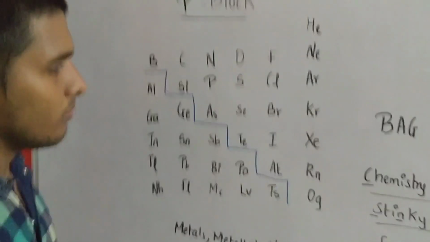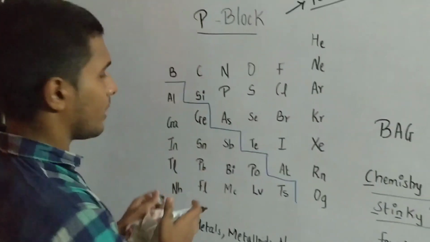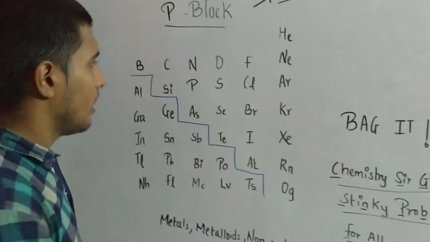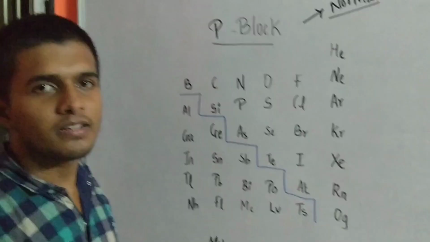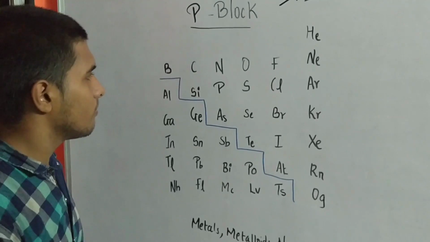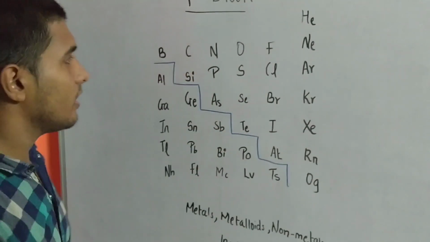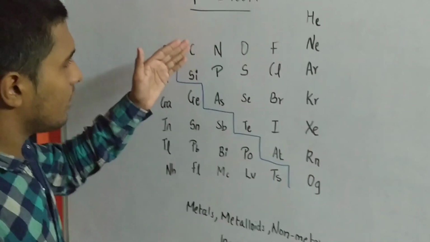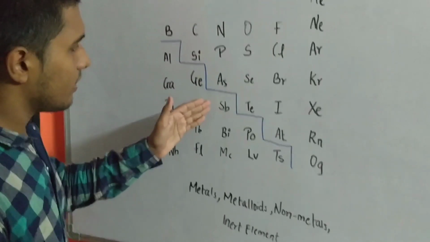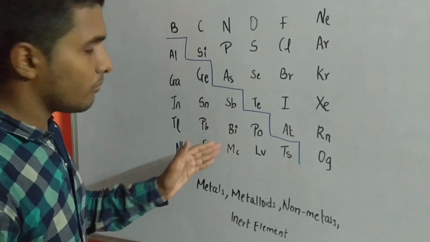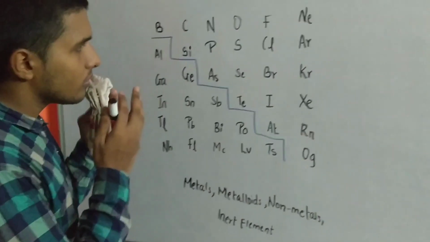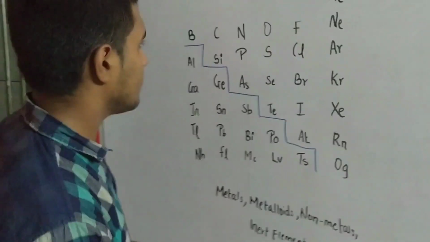So these are the mnemonics for the first two families, boron and carbon family. Let's move forward to the next group, that is the nitrogen family. It contains the elements nitrogen, phosphorus, arsenic, antimony, bismuth and moscovium. So the line that I have made for this is a little bit of Hindi sound again.